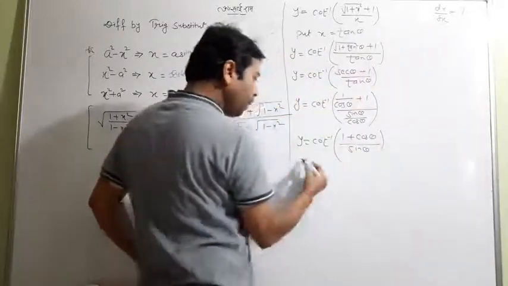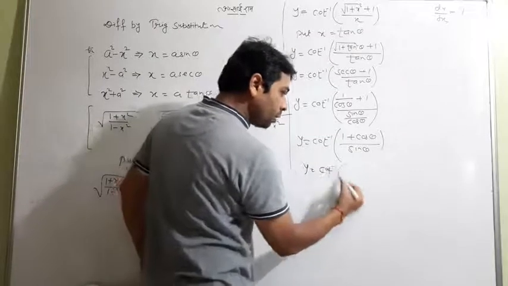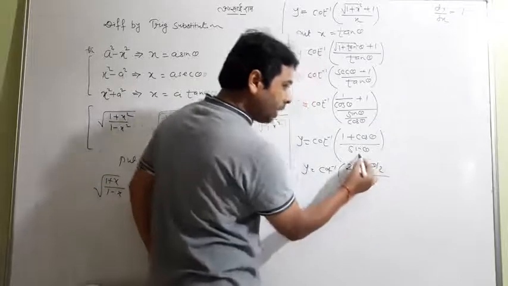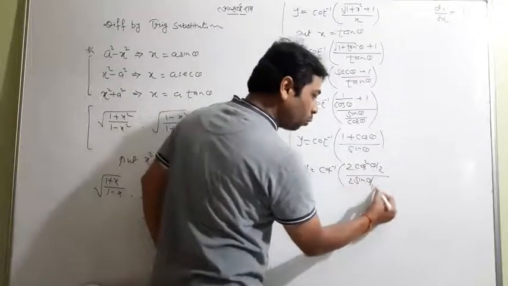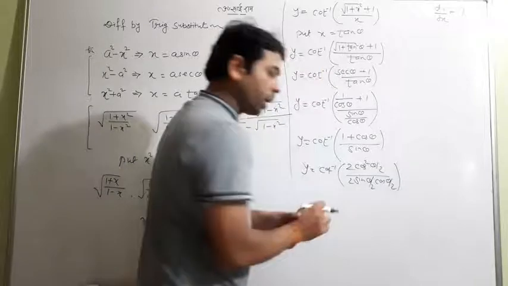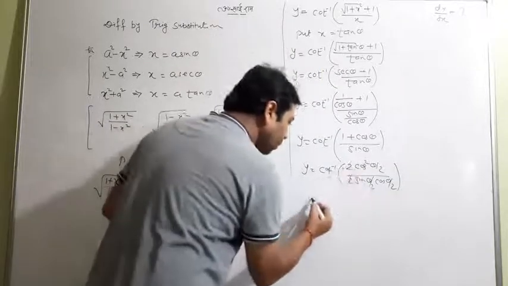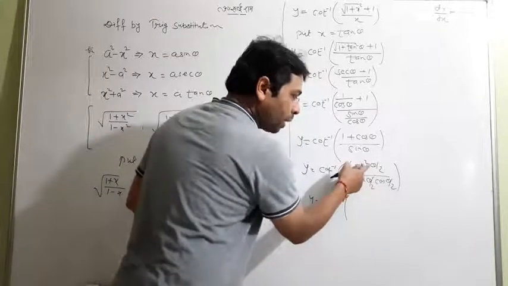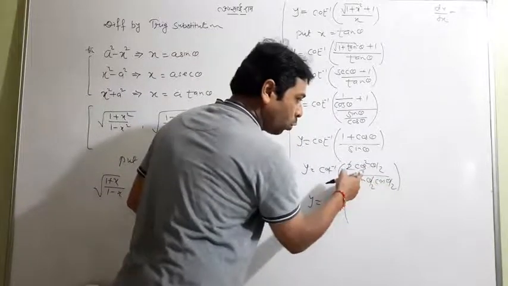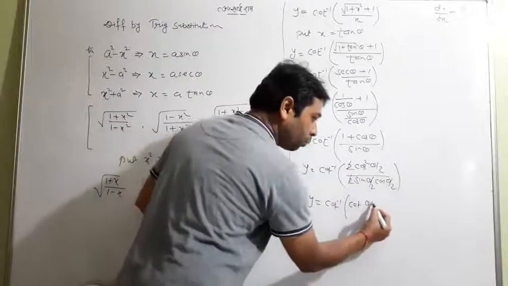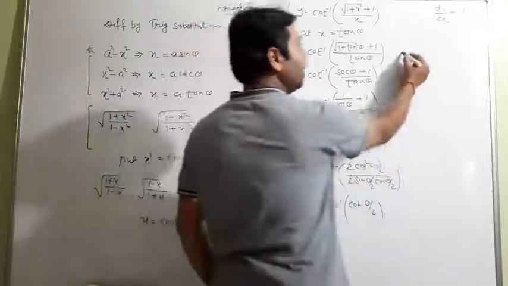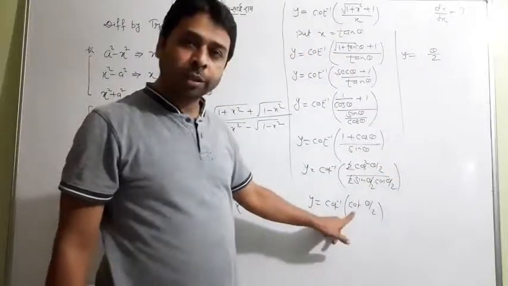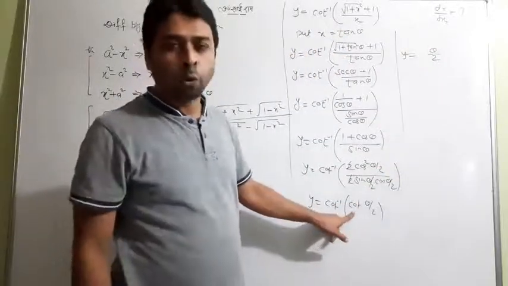Now we will put here. Look at cot inverse. This 1 plus cos theta, recently I told you, is 2 cos square theta by 2, and sin theta is 2 cos theta by 2 sin theta by 2. Now 2 and 2 will cancel. Look at what more cancellations are here. Cos and cos will cancel, so one part of cos will cancel with cos theta by 2. So cos by sin remains only cot theta by 2. And cot will cancel with cot inverse. It will give you theta by 2. Look at theta by 2. What came? Cot. This was the main reason, the main purpose of doing it.